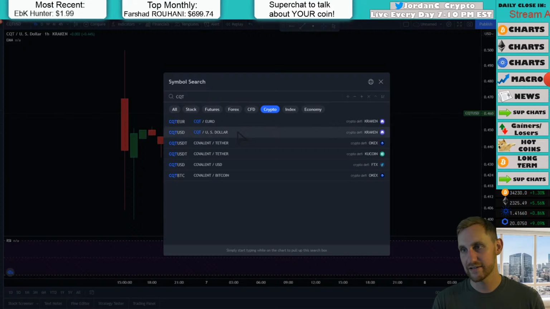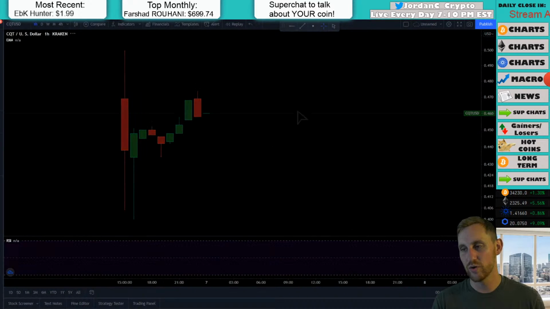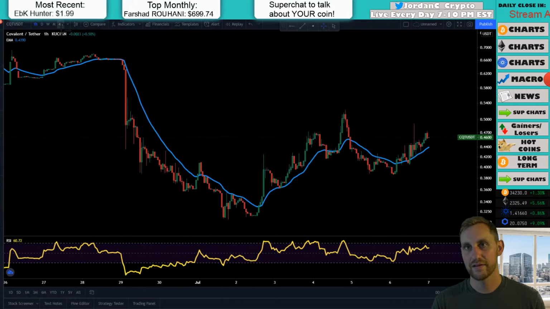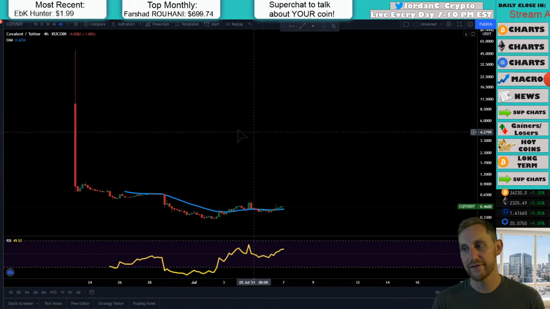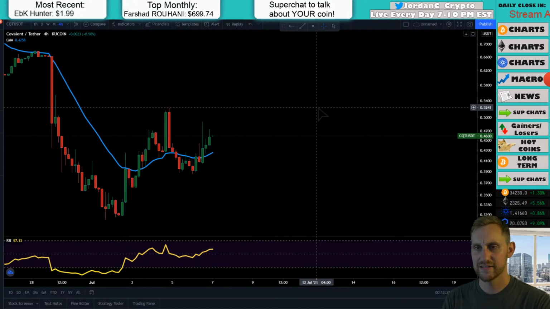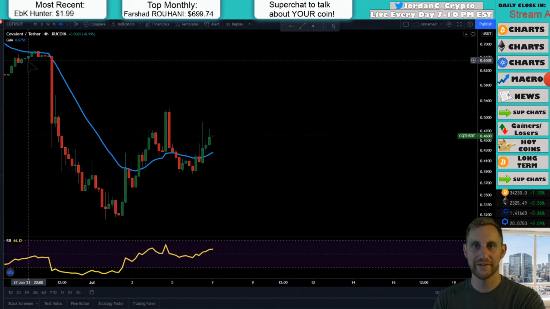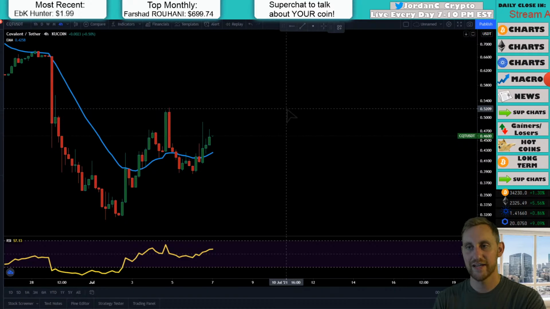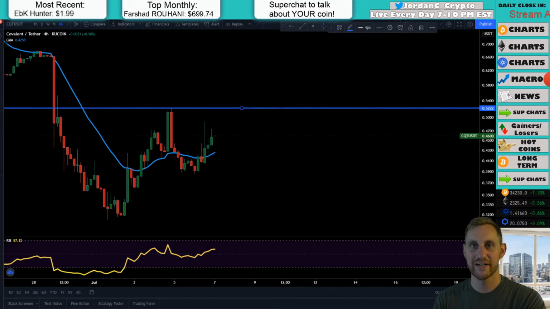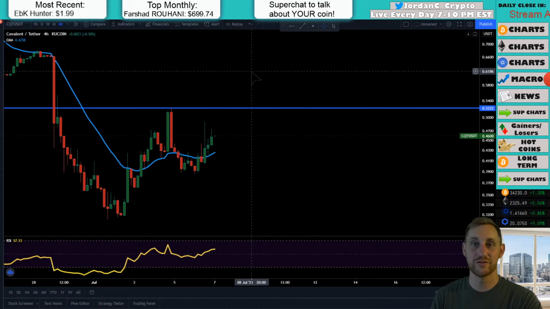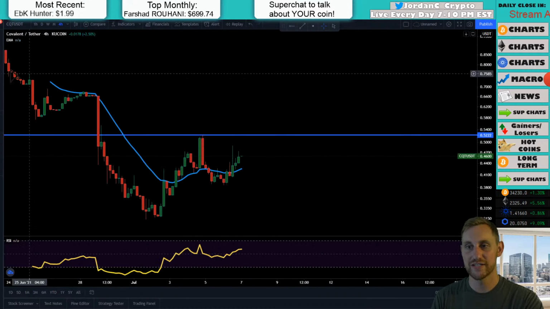CQT. I just have no data on this thing. There we go, a little bit better. Not great, but I think this thing looks like it's trying for some type of cup and handle. Obviously, you got a lot of work to do, and you got to at least reach there. But you're trying for that cup and handle pattern, and you gotta just continue up here. Now, if you can reach 52 cents and break it,